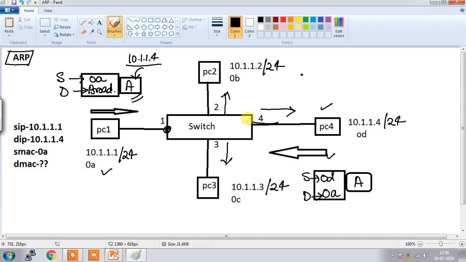Now the switch will receive it here. The switch will perform unicast forwarding this time and forward the traffic out of port number 1, and PC1 will get to know the MAC address of PC4, that is 0D. Now this particular data can be forwarded because the MAC address is resolved. I hope the ARP concept is clear to you. Whenever the destination MAC is not known, the user is going to